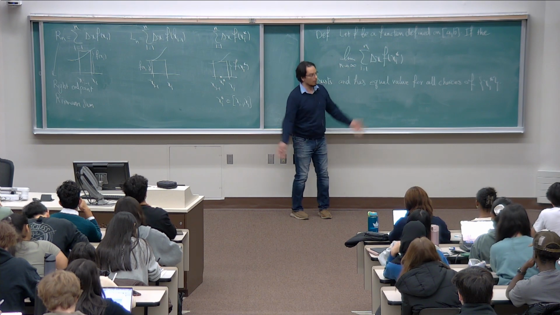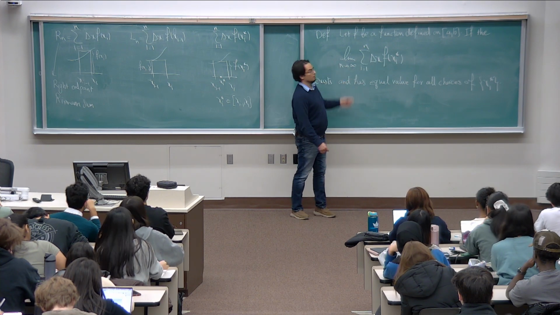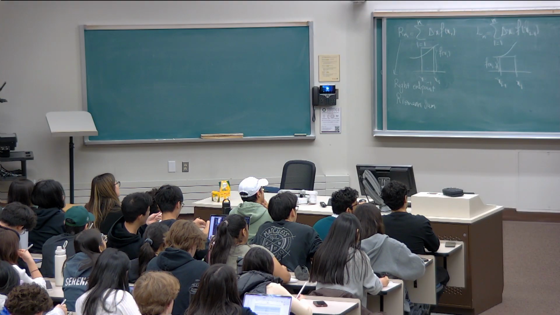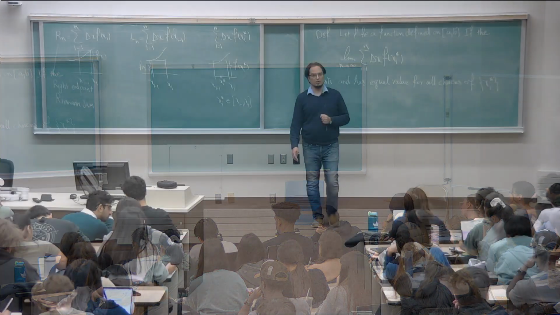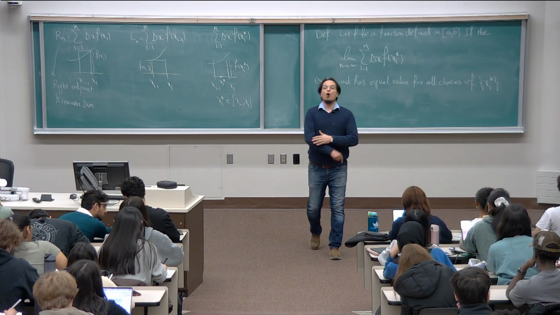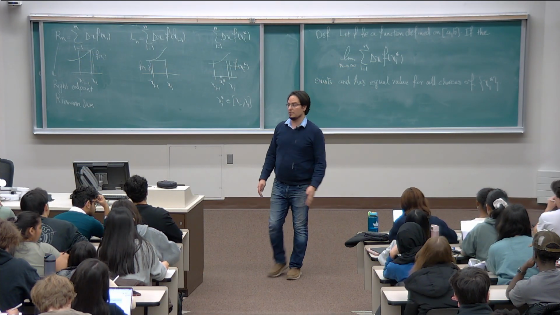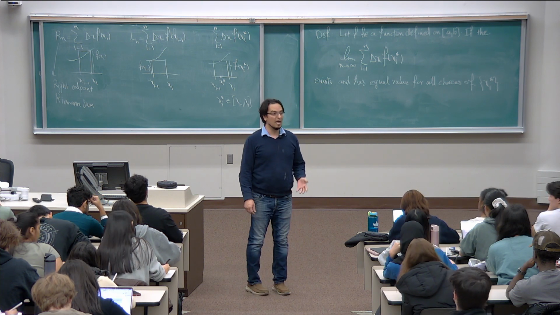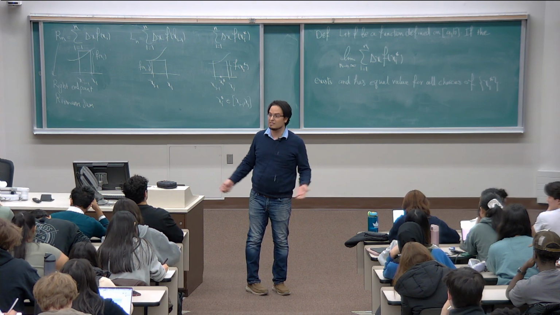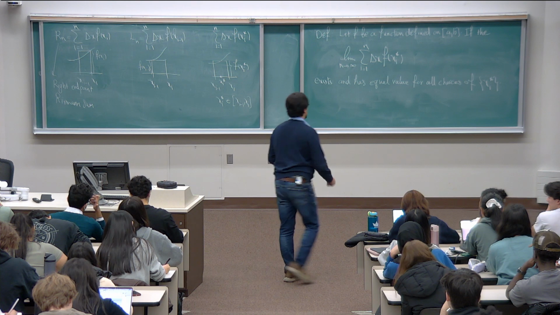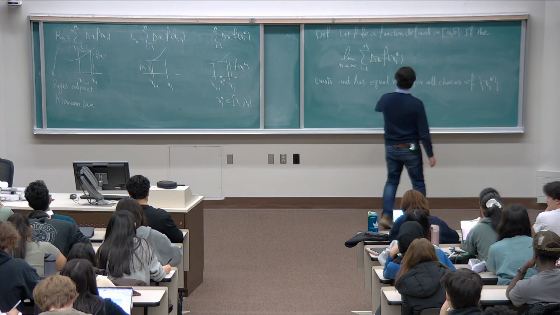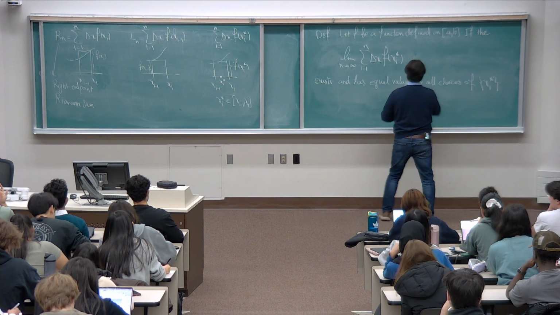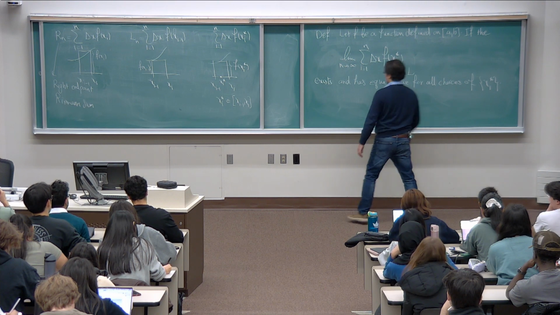Well, if you're lucky enough, you can do that. Well, you already see how difficult it is. Then find the limit. If for all such choices this exists and all of those limits give you the same value, let's call it L, for all n and has equal value L, then